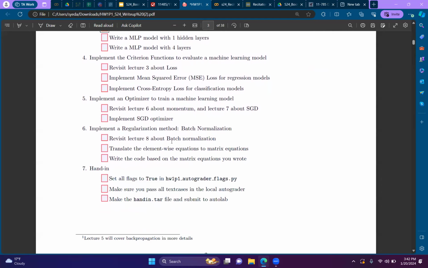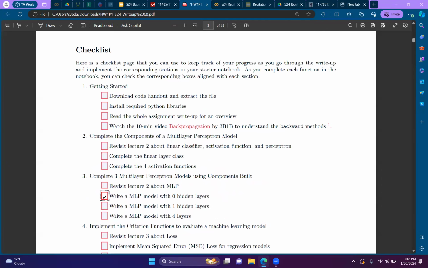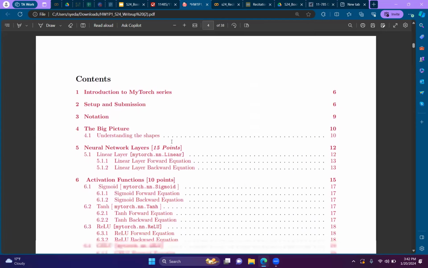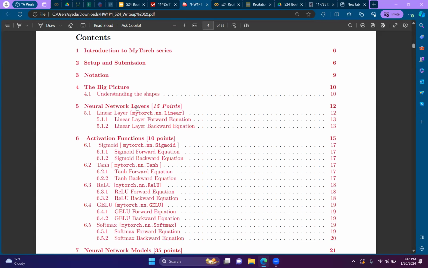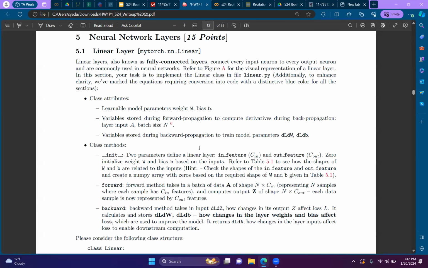So this is just a small checklist. If you want to use it, you can use it. Go ahead. It'll be very helpful. If not, it's totally fine. So the first part is essentially going to be your linear layers. So let's go to our